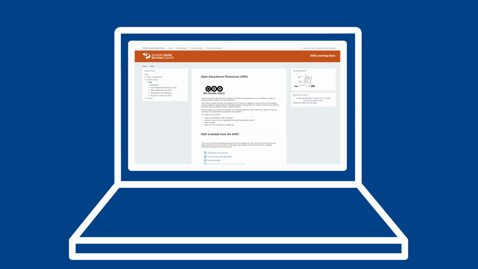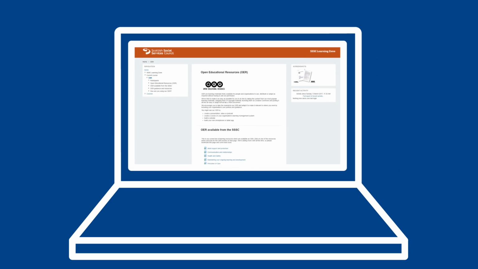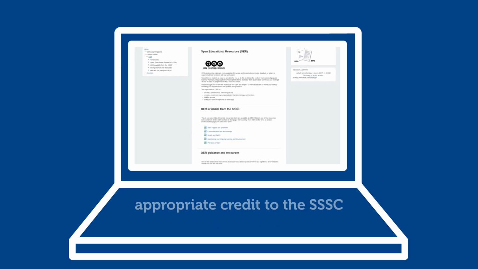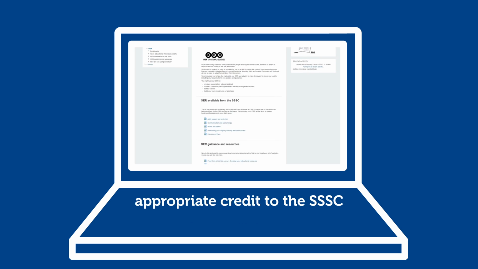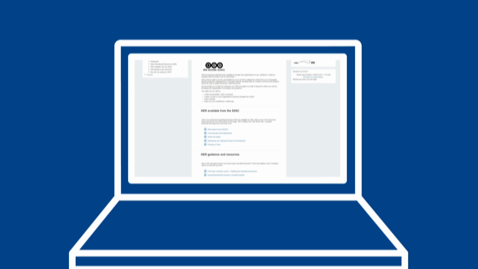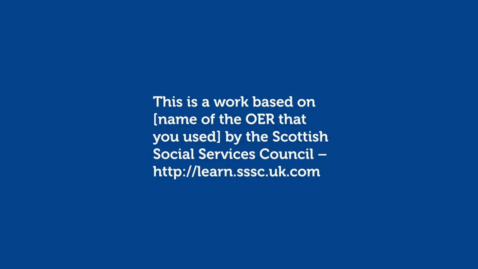To use the content of our open educational resources under the Creative Commons Attribution Licence, you must give appropriate credit to the SSSC, provide a link to learn.sssc.uk.com, and indicate if you made changes. The simplest way to do this is to include the following text. This is a work based on name of the open educational resource that you used by the Scottish Social Services Council